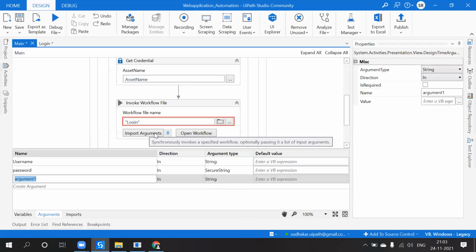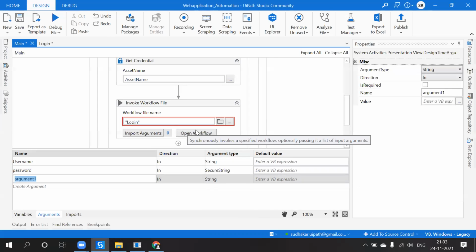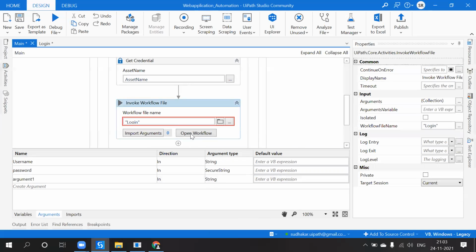Now, what is open workflow? Just click on this. The name of the workflow is login. What are the arguments? Variable, okay, import arguments.